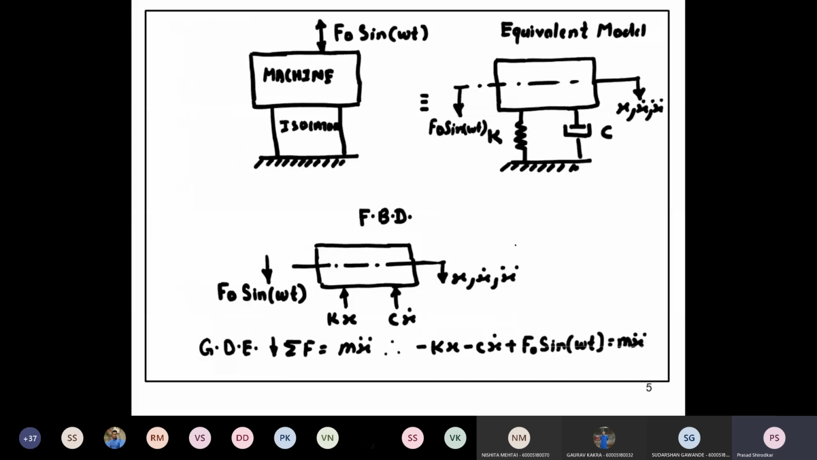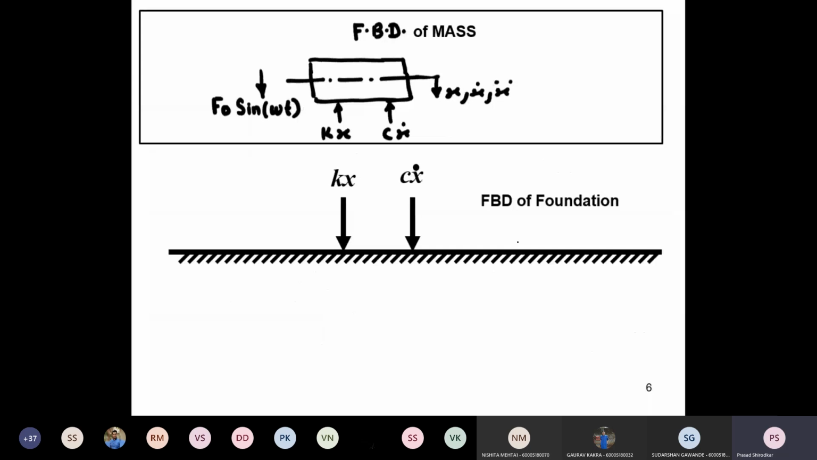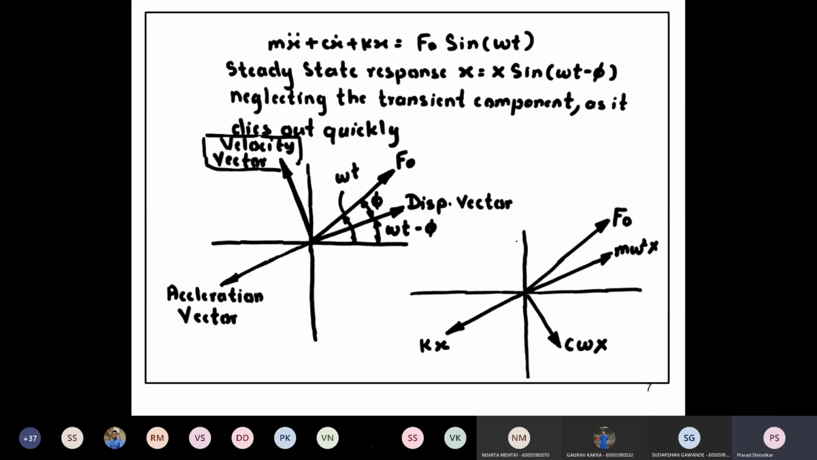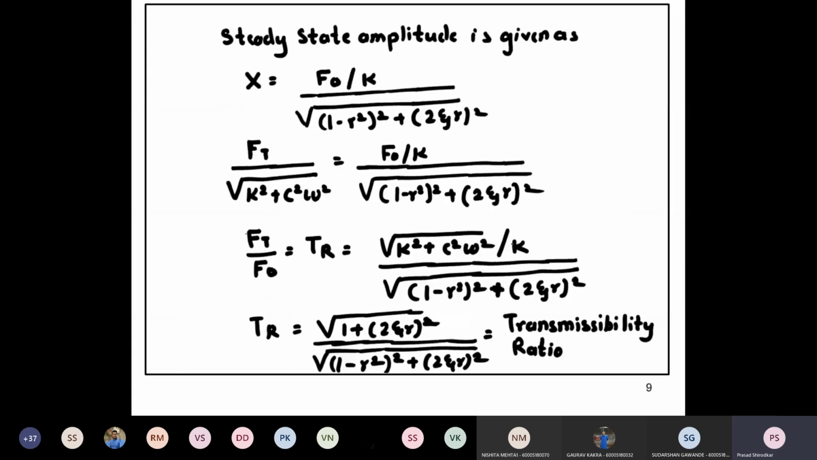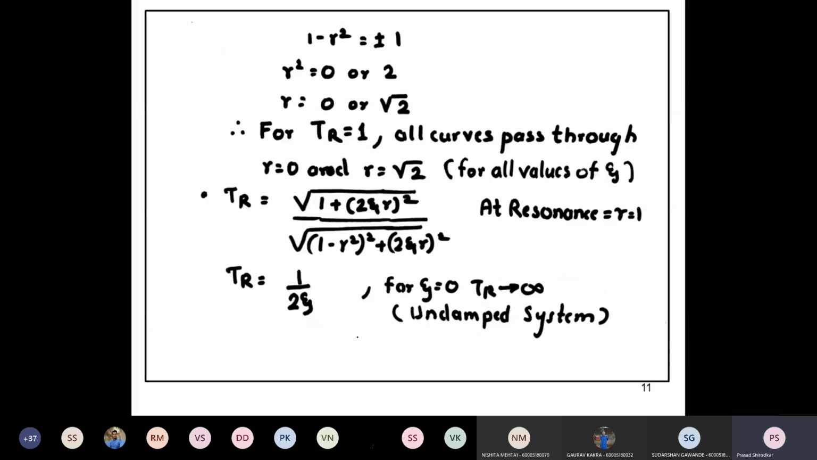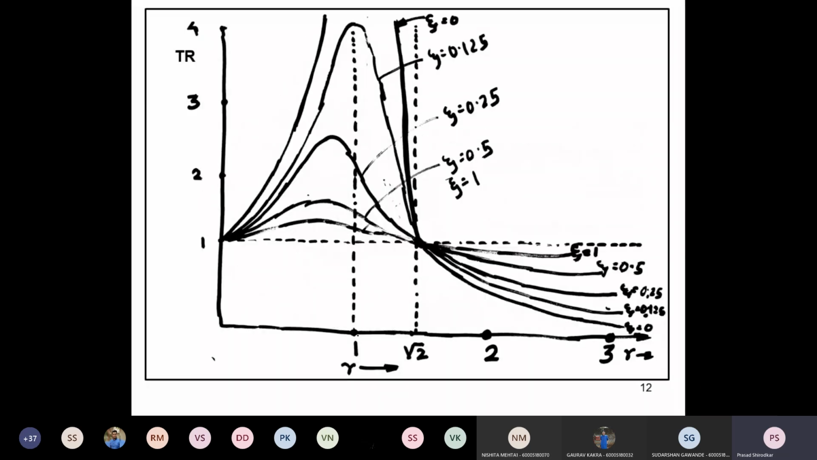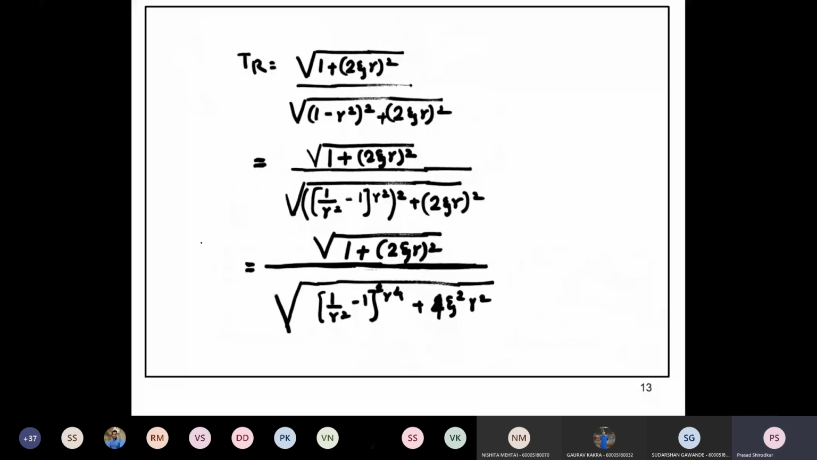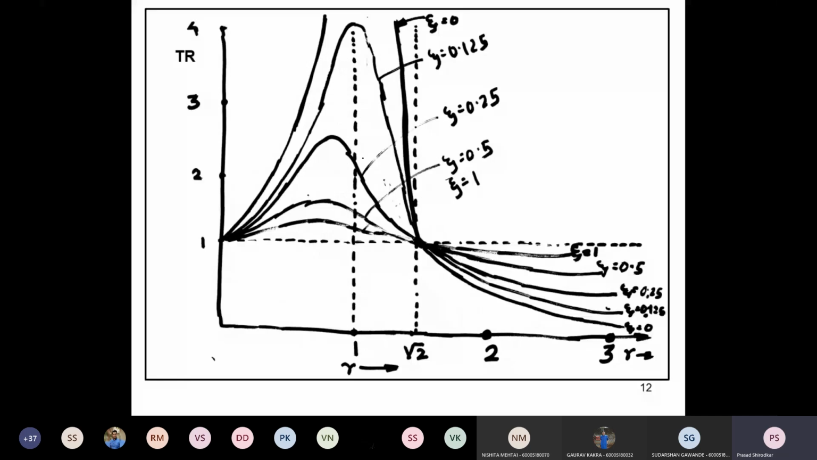Okay, and we did the analysis and derived the equation for the transmissibility ratio, that is Ft by F0, where Ft is the transmitted force and F0 is the impressed force. This equation was the square root of (1 plus (2 zeta r) whole square) divided by ((1 minus r square) whole square plus (2 zeta r) whole square). Now we also plotted the curve for transmissibility ratio versus frequency ratio, and we discussed the various